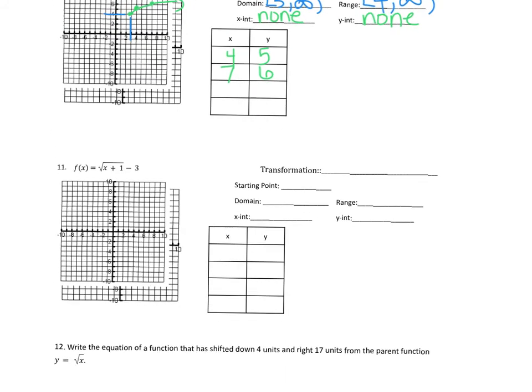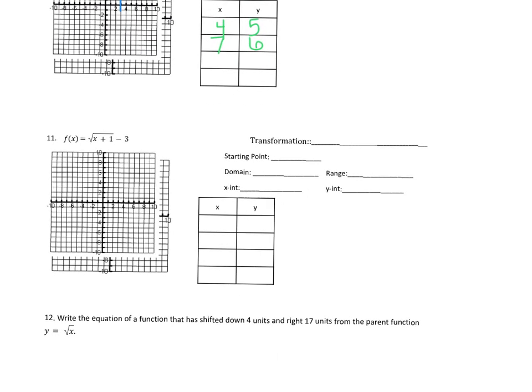Okay, let's do another one. I'm going to have x plus 1 equals 0, subtract 1, x equals negative 1, so my starting point is negative 1, negative 3. That means I'm going to go left 1,